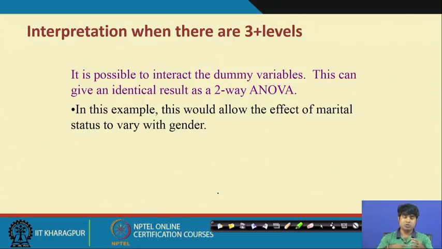So, ANOVA can be used to check this kind of flow, and that process is technically called 2-way ANOVA. In this example, this should allow the effect of marital status to vary with gender.